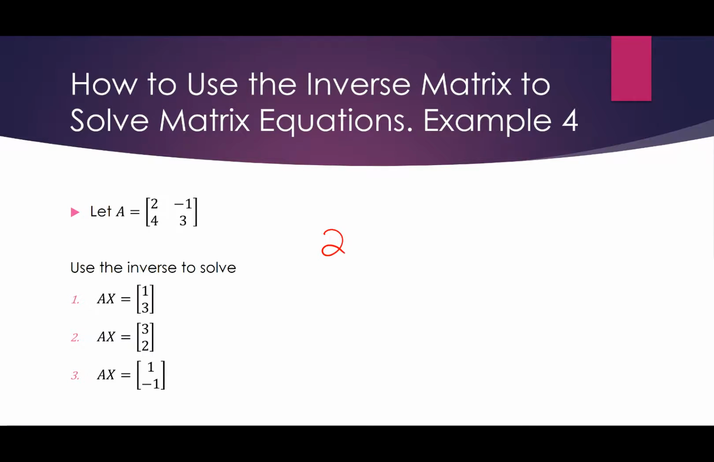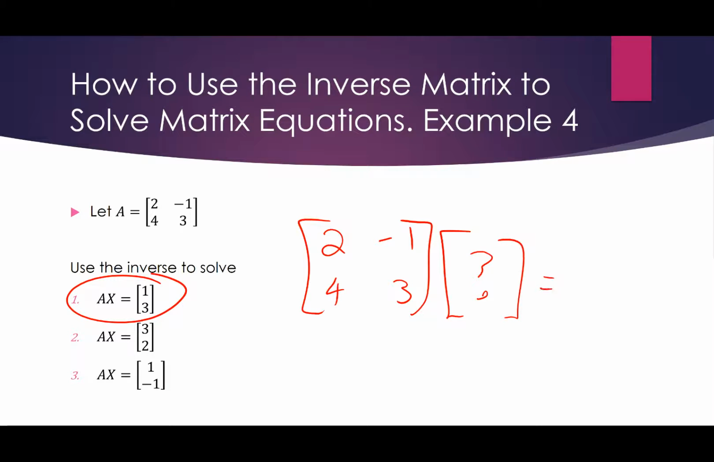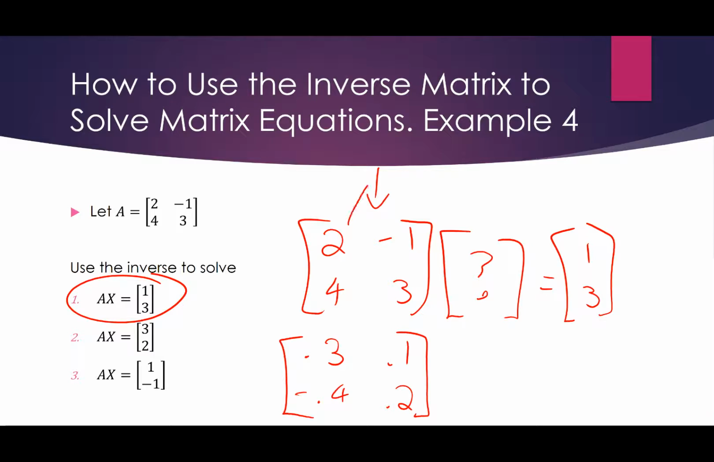We had this matrix, 2, negative 1, 4, 3, right? I only did number 1. And I'm multiplying it by some unknown matrix to equal this matrix. All I did was find the inverse of A. The inverse of this matrix happened to be 0.3, 0.1, negative 0.4, and 0.2. So that was the inverse of A, which made that matrix cancel out on